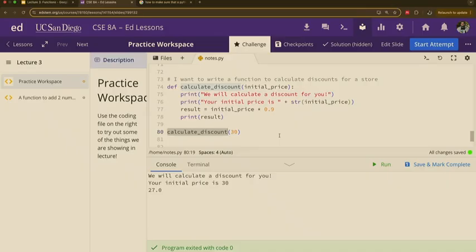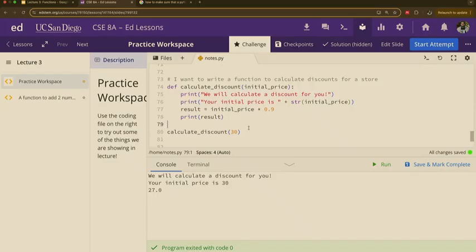Okay? And then once Python says it found calculate discount, it's just going to go inside whatever calculate discount is, and it knows that with these spaces, right? This has 4 spaces. This other thing has 4 spaces. This has 4 spaces. So anything that's inside here is going to run it. All of it is going to read all that information. So we can call it over and over and over again.